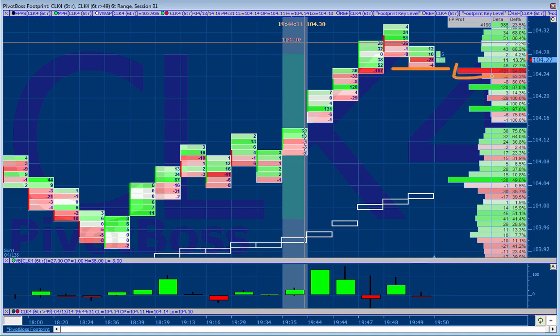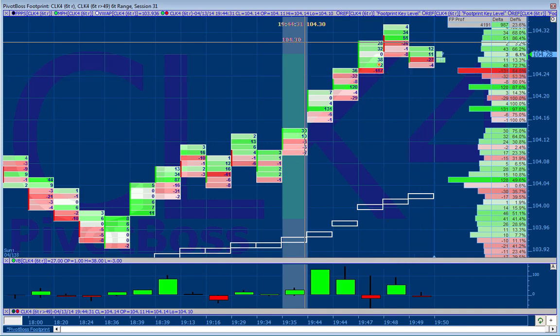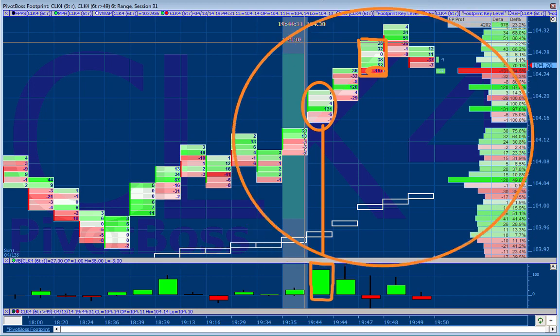So it's very important to identify this point right here. The other thing is, we also have delta differentials at the bottom of the chart. This is a delta that shows you the delta at a price all day. And this is the delta that shows you what happened at the price on that bar. This is a 6-tick range bar, and this is the delta that shows you the differential of contracts at this entire 6-tick range bar. So there's 3 different ways to see delta in this one chart.